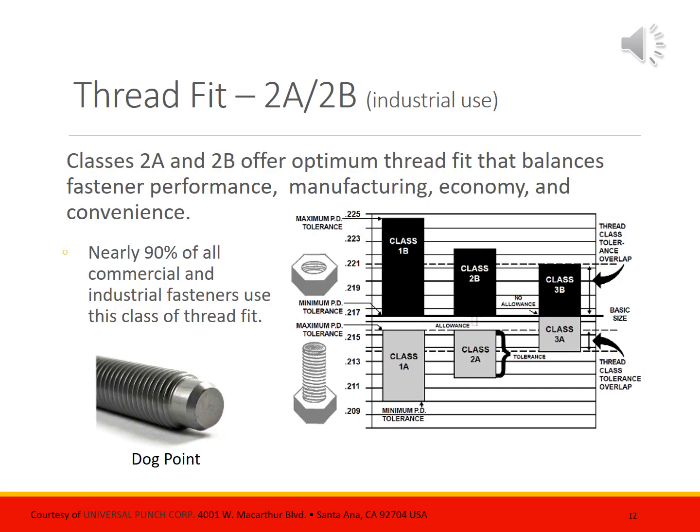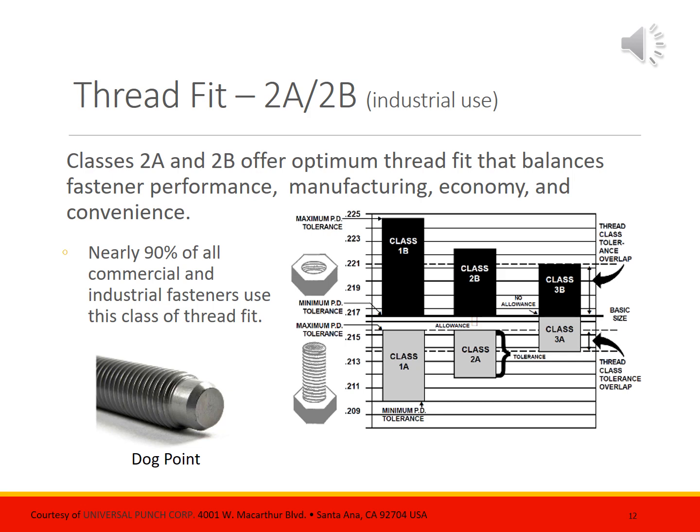So with that in mind, we step up to the next class of thread fit. It's the 2A, 2B class. As we compare it to 1A, 1B, we see a reduction in the allowable pitch diameter tolerance, which improves thread overlap and in turn reduces thread stress for a given load. We see the same allowance, which preserves a reasonable ease of assembly. 2A, 2B is a good design compromise between strength, cost to manufacture,